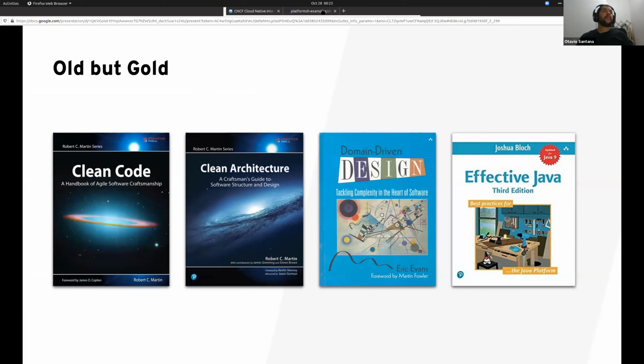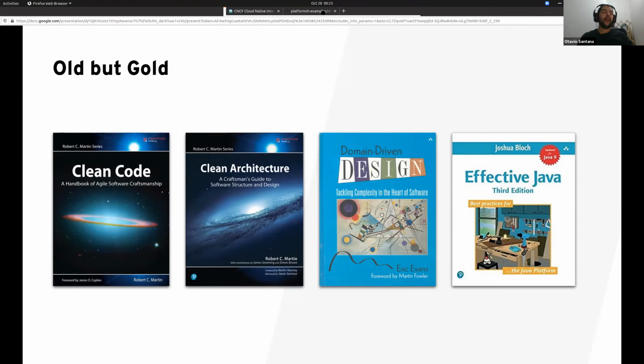About the best practice, we have more books. So these are old but gold. The first one is Clean Code, where it says you need to write code that is readable to everybody else. For example, I have several colleagues, and I need to make sure that everybody else understands my code. And you need to make sure that you are going to send somebody else's code in your team.